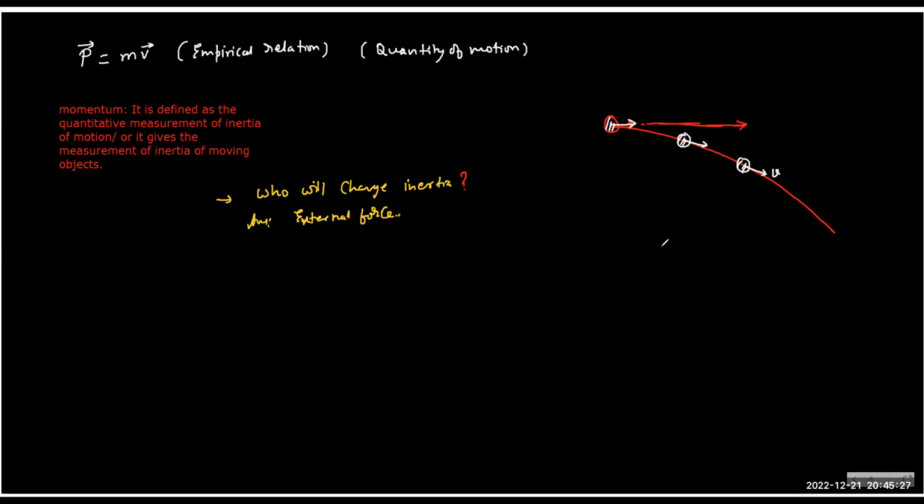Laws of motion is the second building block. First is kinematics, where you learned how to manipulate when you know the state. Now what are you going to study in this chapter? The agent behind the change of state. This is the difference between the first chapter and the second chapter. The first chapter is called kinematics. Kinematics is a branch of physics in which we study motion without knowing its cause.